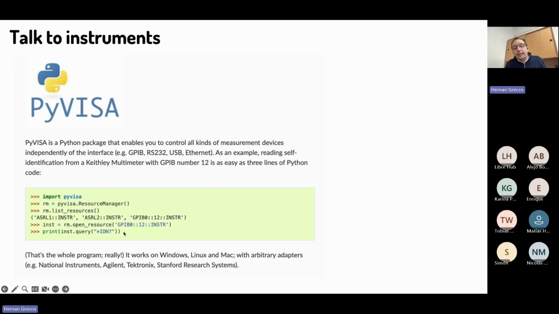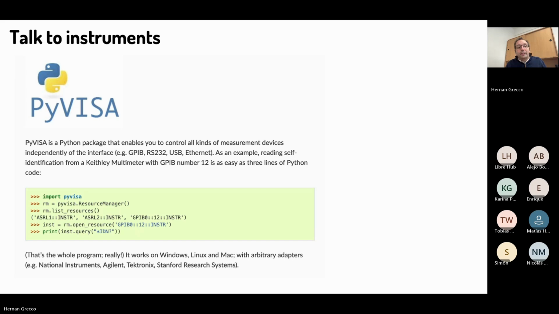Right? By the way, a few years after developing PyVisa, I realized that I didn't have the bandwidth to continue developing PyVisa, and therefore I scouted for people in the community that were making wonderful contributions. One of those persons was a PhD student that I think was working in France, Matthieu Layal. I didn't know him personally, but he was doing great contributions to PyVisa, and he's currently the PyVisa maintainer, right? And that's another thing that I want to mention. Open source requires building a community and trusting the community, right? And realizing that once you build that community, it's not just your project, but it's a community project.